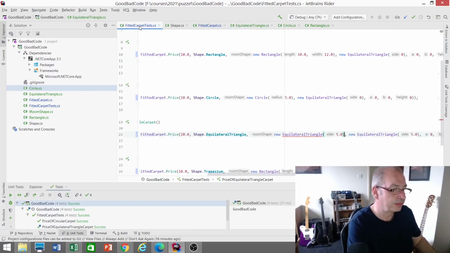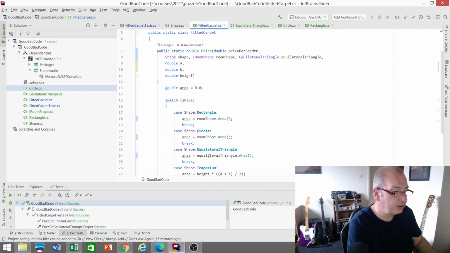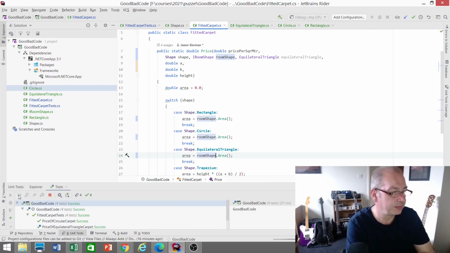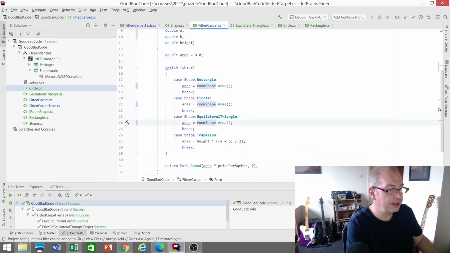Okay. So now we're passing in as the first parameter. And what we need to do in fitted carpet is use the room shape. So we're exploiting polymorphism here. It's always the same parameter. Okay, we're good to go. So finally, you can see here